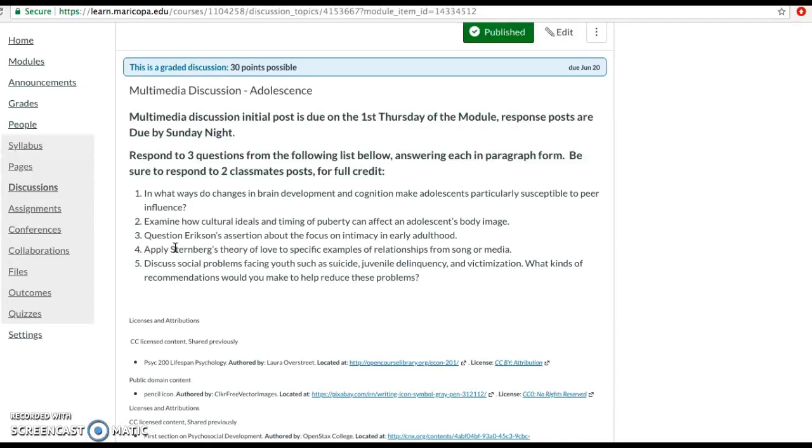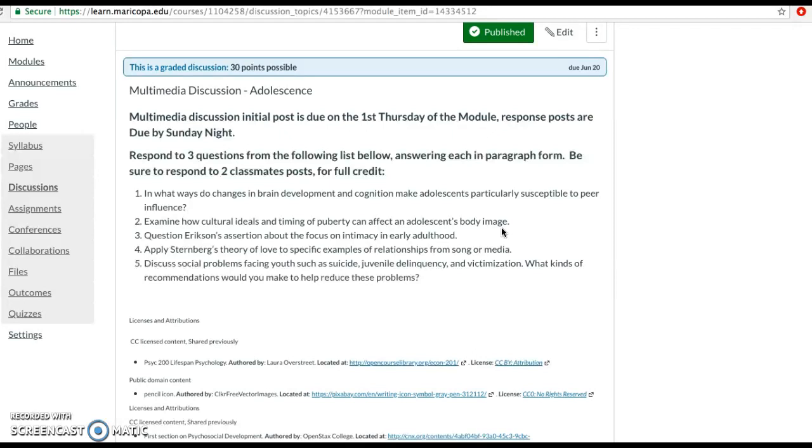Number 2, examine how cultural ideals and timing of puberty can affect an adolescent's body image. So we are going through a very different time than we were a few decades ago. So many of you are growing up in this time of social media and technology.